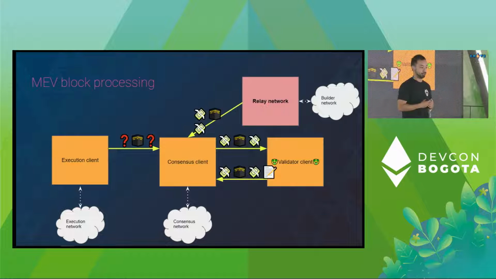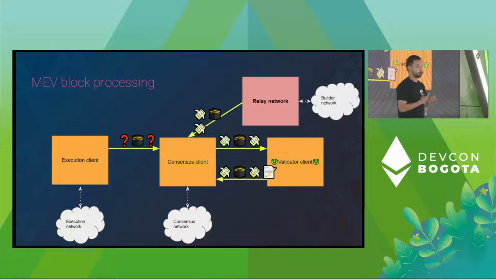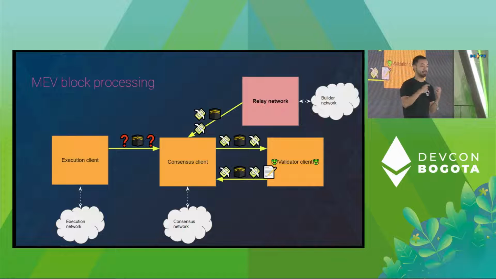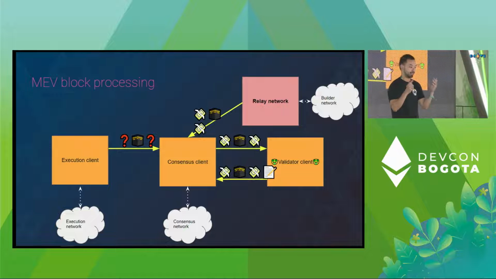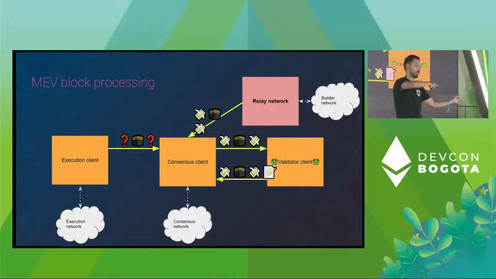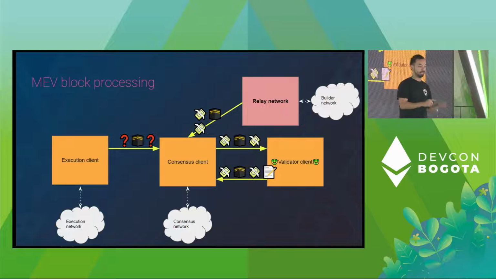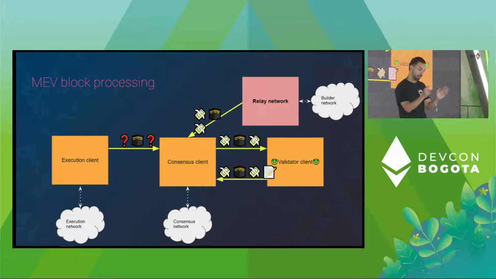The second option, which people are starting to use more and more now, is that I can outsource block production. As a consensus layer client, if I want to participate in the MEV game, I can utilize the relay network. I can say, hey, relay network, can you propose a block for me? And the blocks are usually more profitable. Also, in the background, the consensus layer client can talk to the execution layer client: hey, can you make me a backup block in the event that the relay network doesn't work? I can still use it. And this is the paradigm that we're heading towards.